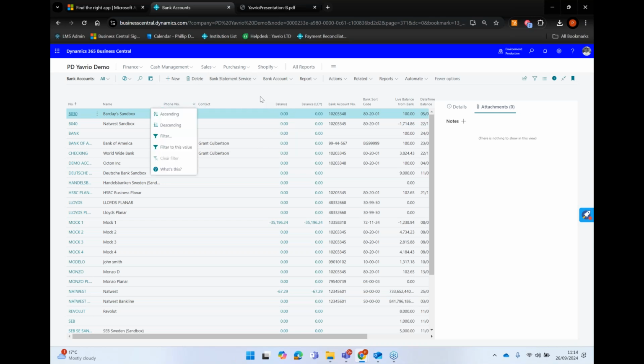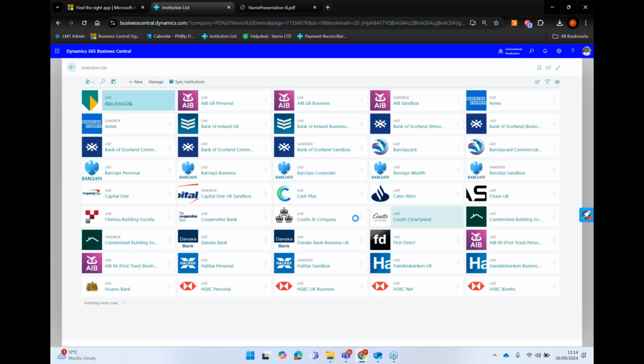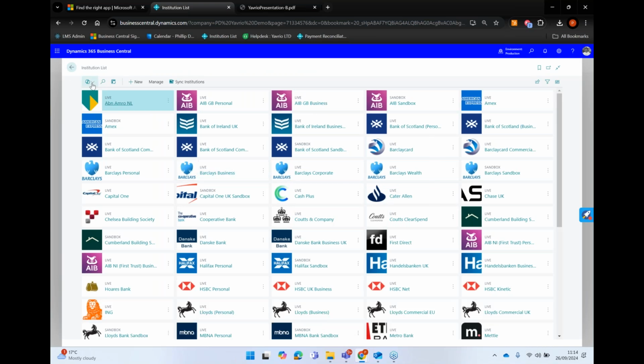For the purposes of this demo, I'm going to connect to this one here. It's a NatWest Bank Sandbox account. So we are going to click on Bank Statement Service, Connect Bank Accounts. As we are connected to 10,000 institutions, we are going to select the UK to filter it down a little bit more. And then you're going to get an alphabetized list of the different banks that you can connect to. So if I search for NatWest,